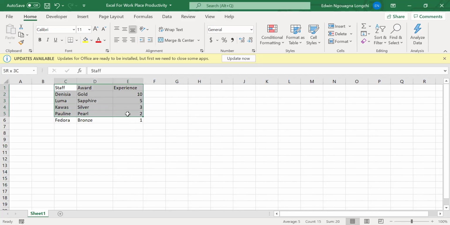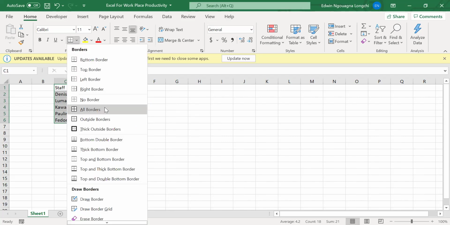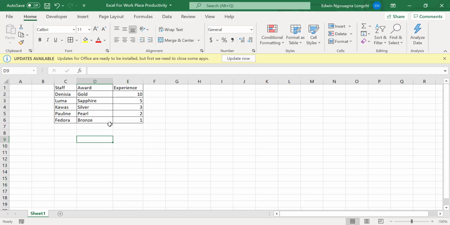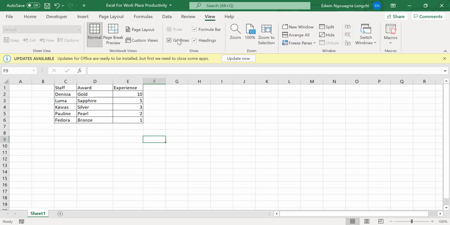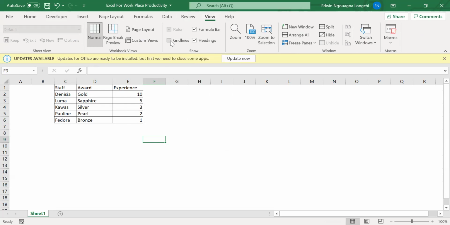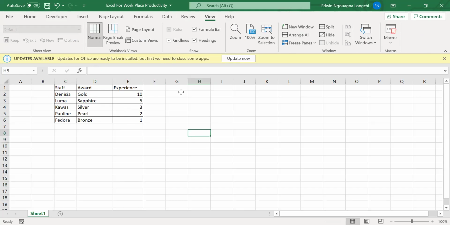Okay, so let us just put some borders here. Since Excel is this beautiful, I'll put some borders. This one you see here, you just use to put your borders. Don't bother about these squares you see here. You can actually put your own squares and remove all these other squares. If you come to View and uncheck Gridlines, what do you see? All the other ones disappear, right? And you're left with your borders. So I can check Gridlines back and they will come back, just to beautify your data.